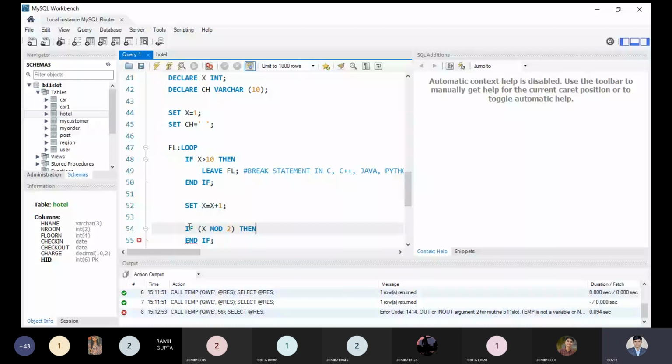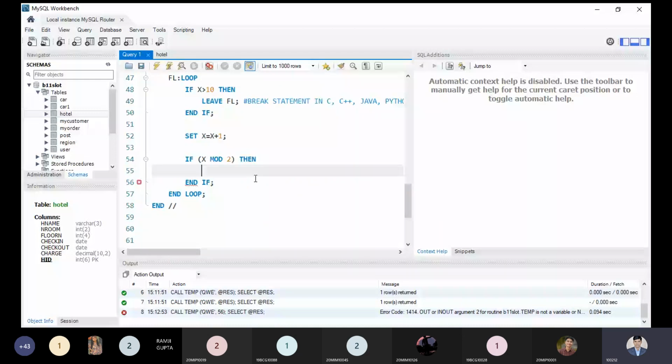If it is happening, then iterate FL. If the condition is false, that is x mod 2, then iteration will be done. Iterate is just equivalent to the continue statement